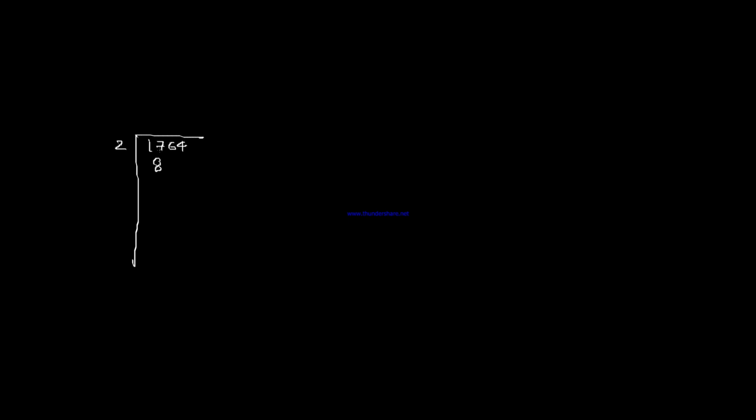2 8s are 16, 17 minus 16 is 1, 2 8s are 16, 2 2s are 4, then again 2 4s are 8, and now this 441, if you will see, is the square of 21. So I will write 21 21s are 441, and I will write 21 1s are 21. Okay, so